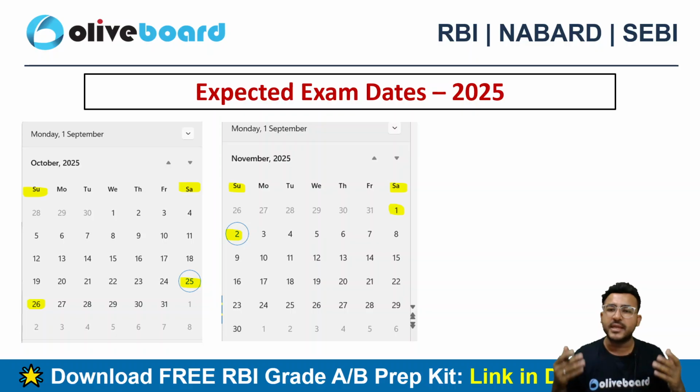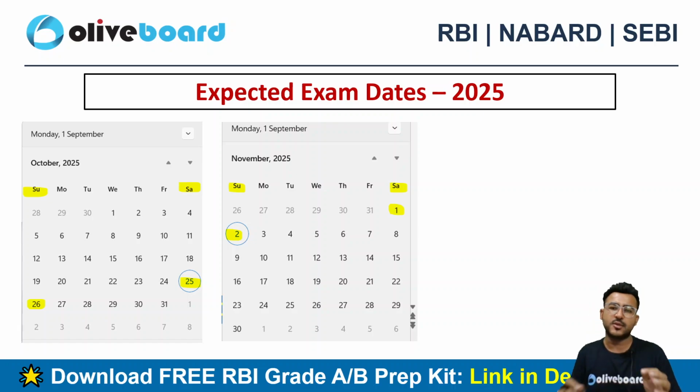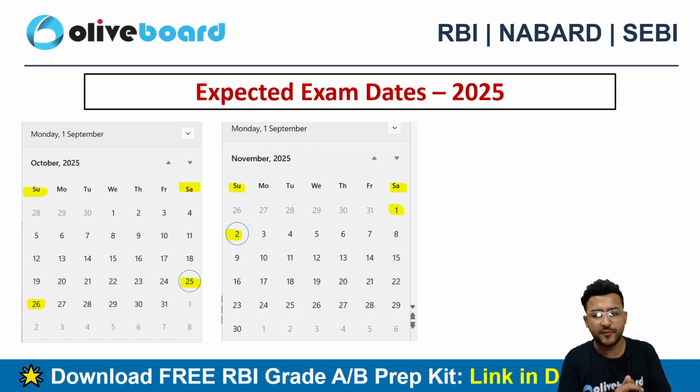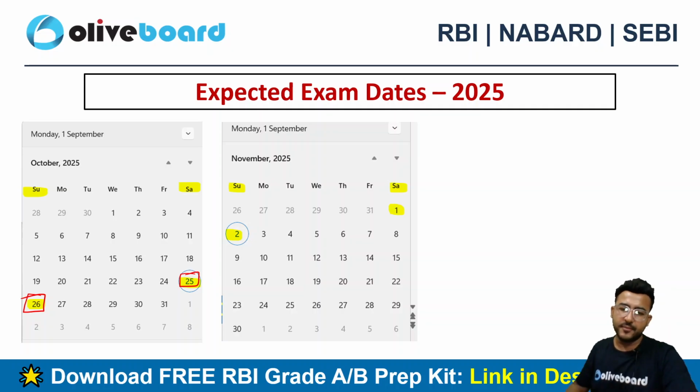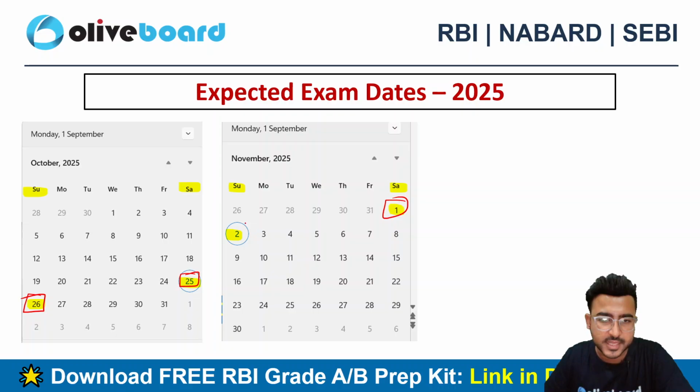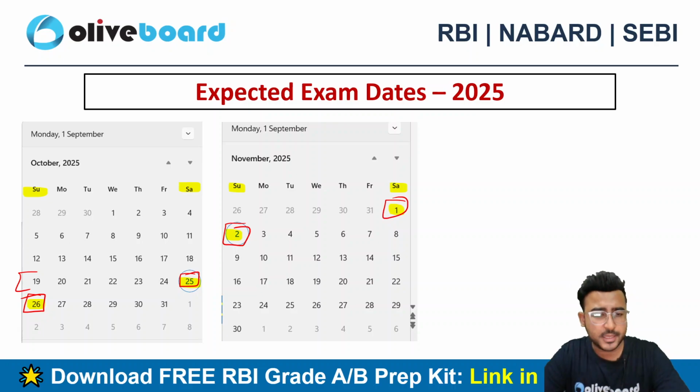If I talk about the expected date of the examination, usually when the application window is open and when the phase 1 examination is scheduled, there is close to 30 to 45 days or maybe 50 days sometimes, right? So as of now, we expect that most probably 13th or 14th को आपकी application चालू हो जाएगी, and your expected date highly likely for the phase 1 examination can be 25th of October or 26th of October, right? Or it can even be 1st of November or 2nd of November, considering that the Diwali week is also coming in between. So that's why we have estimated it prudently, right?